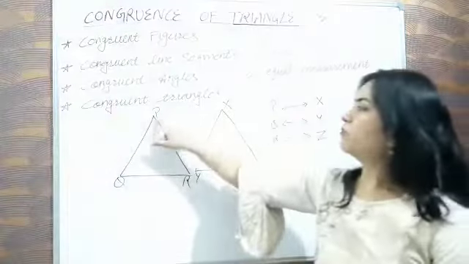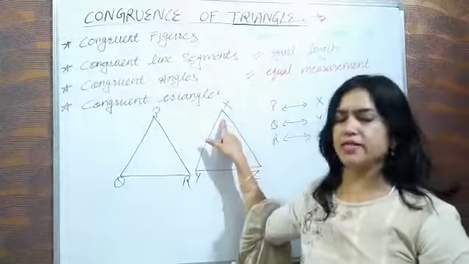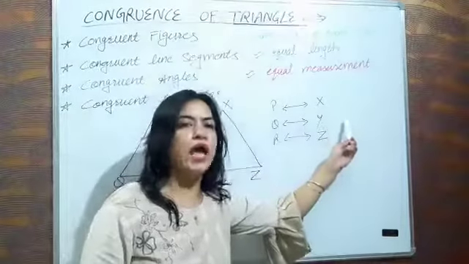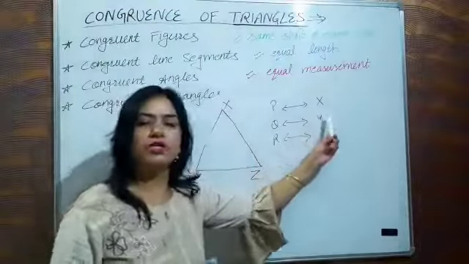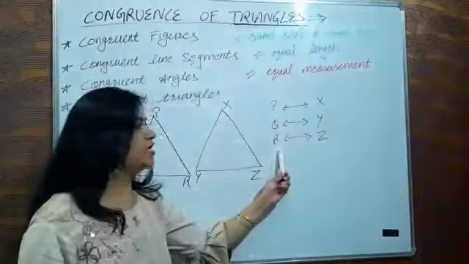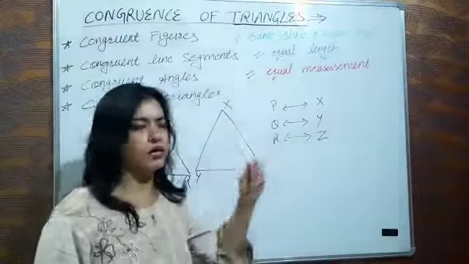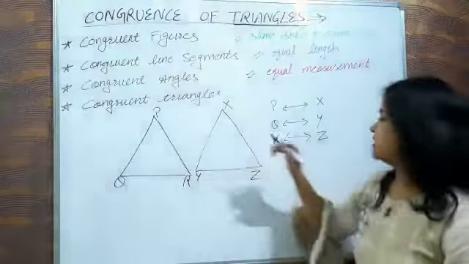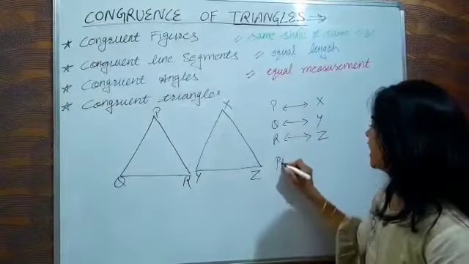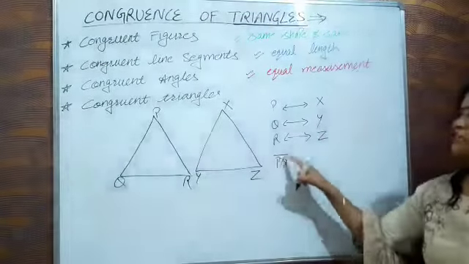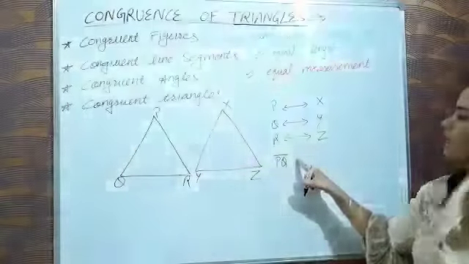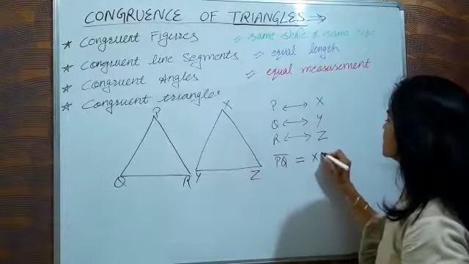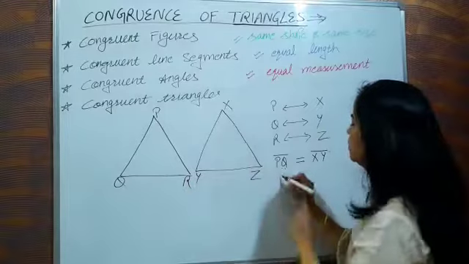Correspondence means the point P coincides with point X. So we can say that point P is corresponding to point X, point Q corresponding to point Y, and point Z corresponding to point R. Right? And if I write about the line segments, I will write the line segment PQ. Line segment is shown by this symbol in mathematics. Line segment PQ is equal to line segment XY. Line segment QR is